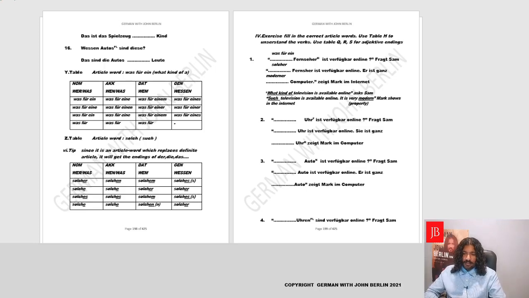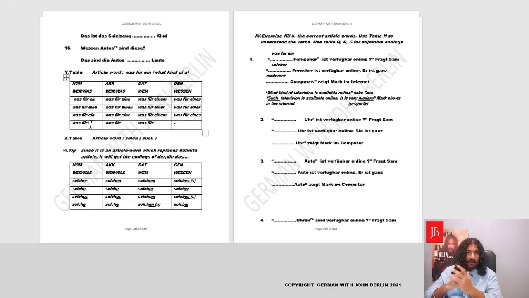The first article is was für ein, derived from the indefinite article. So you'll see the endings here. Of course, the article itself is here. Was für ein, was für eine, was für ein. And then in the end, we have was für. Now, why do we not have any article here? Because you might remember, the indefinite article is always singular. By default it's a property. You can't say friends, you can't say apples, it doesn't exist. You can only say the apples, or no apples for that matter. You can't really say apples. So we'll just say was für.